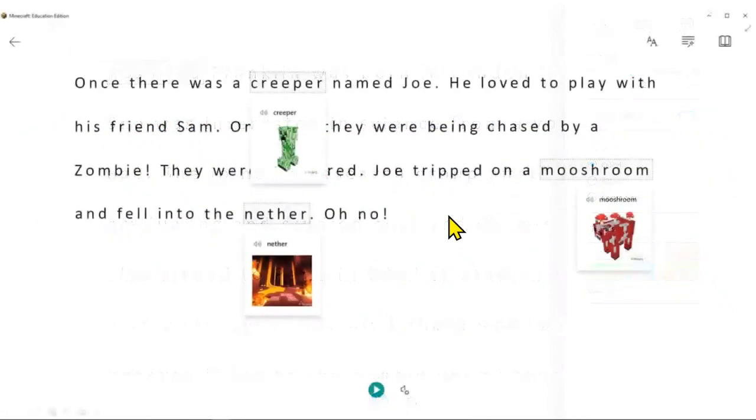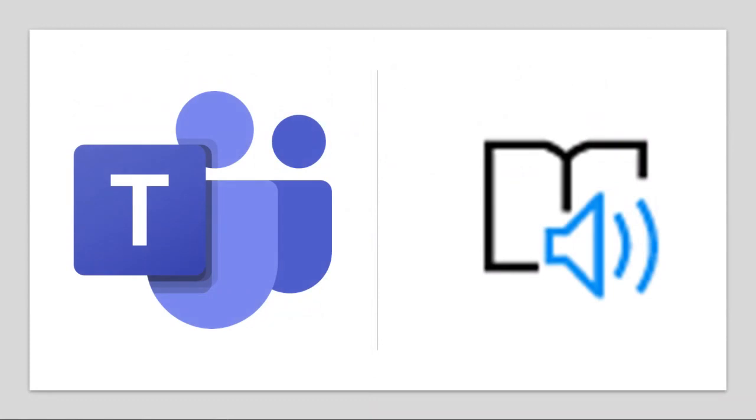But look at this. We've also put Minecraft picture dictionary icons in there as well. So when they click on Minecraft words, it will actually show them picture dictionary prompts there as well. Okay, so that's what it looks like in Minecraft. Now let me come over here to